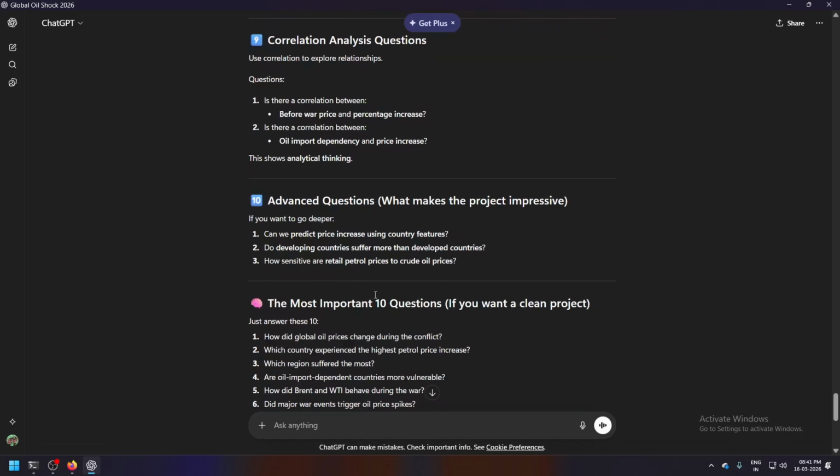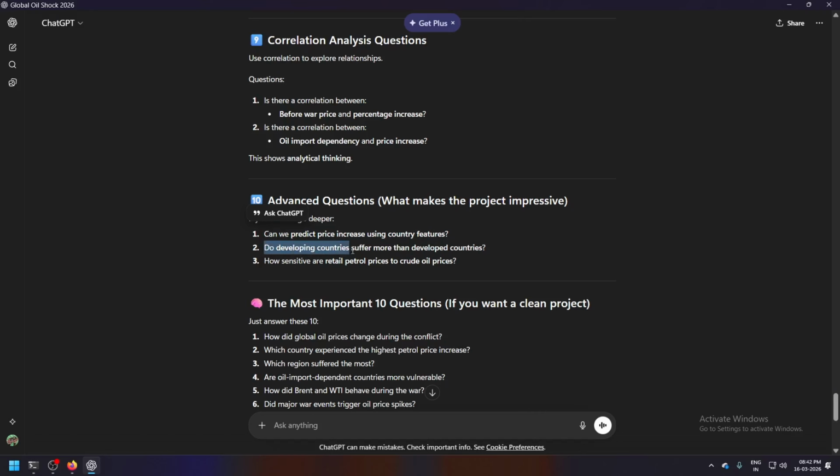I also like these things as well. Can we predict price increase using country features? So this particular question requires a model, which is a predictive model. Basically, you have to predict by some country features, and then you have to make an algorithm, and the algorithm will work over a model, and that model will predict all these things.